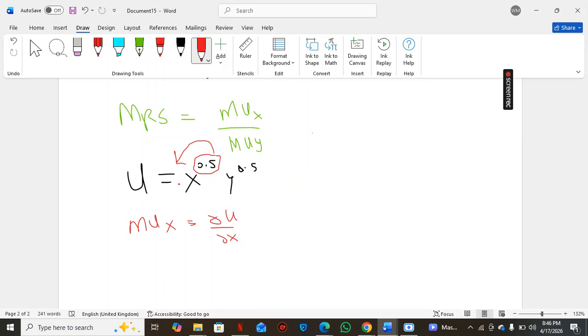Here there's an invisible 1. So 0.5 times 1, that is 0.5. So we're going to have 0.5